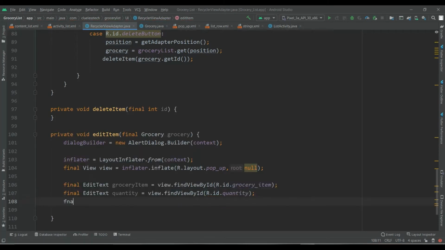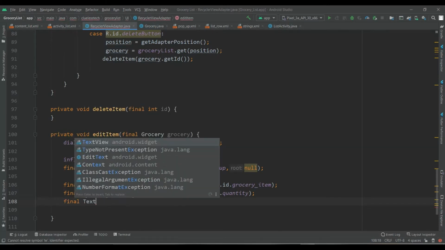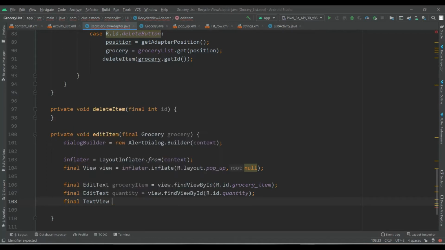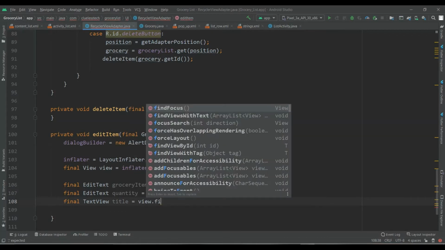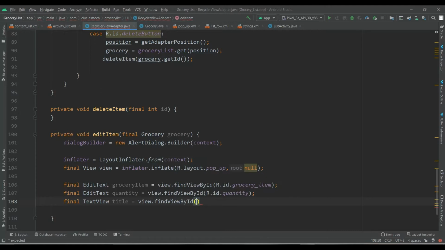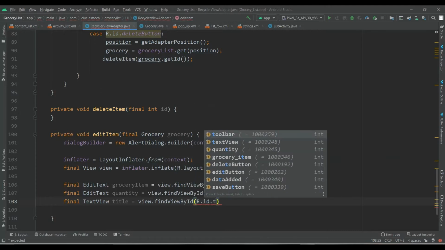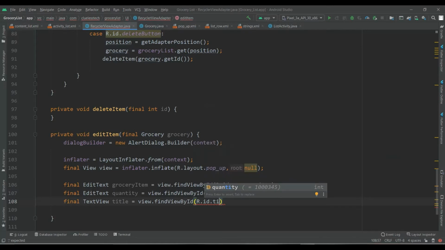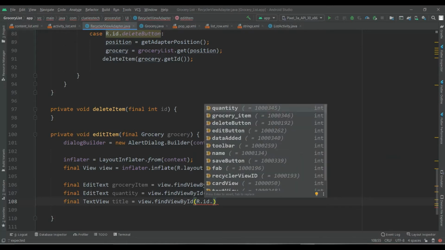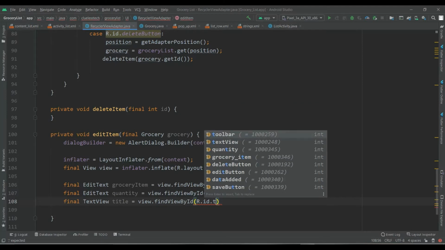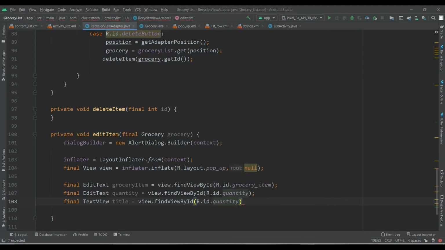And final TextView title equals view.findViewById(R.id.groceryTextView).